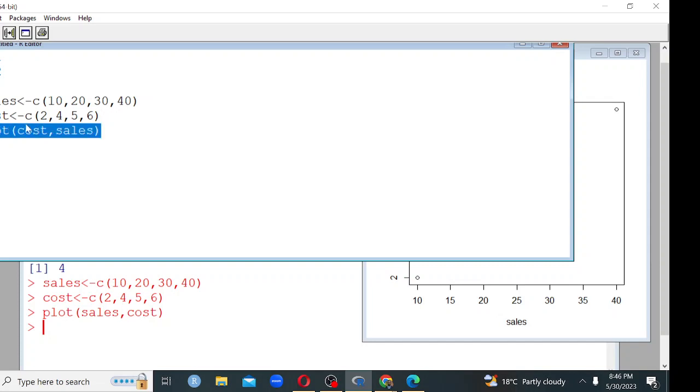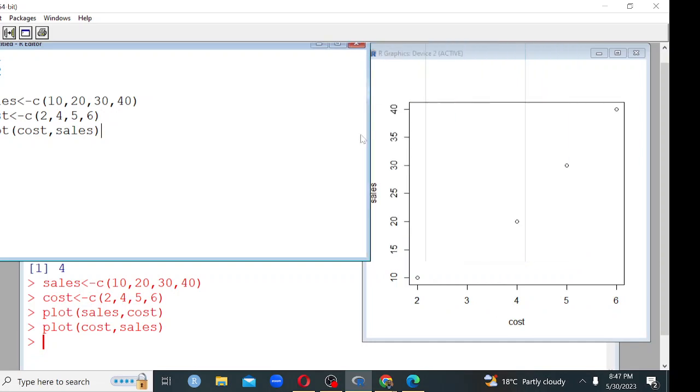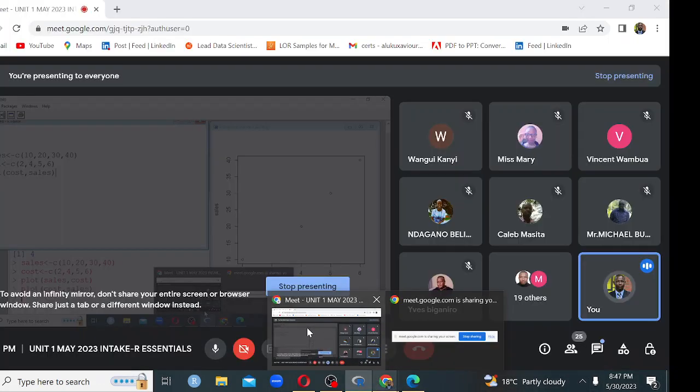I can highlight, Control R. Yeah, I think this one now is okay. Yeah, I want sales to be on the y-axis and cost to be on the x-axis. Yes, having done that on Arc GUI,